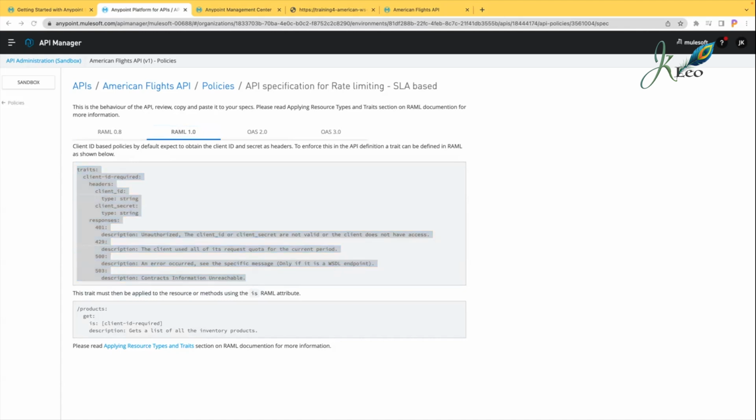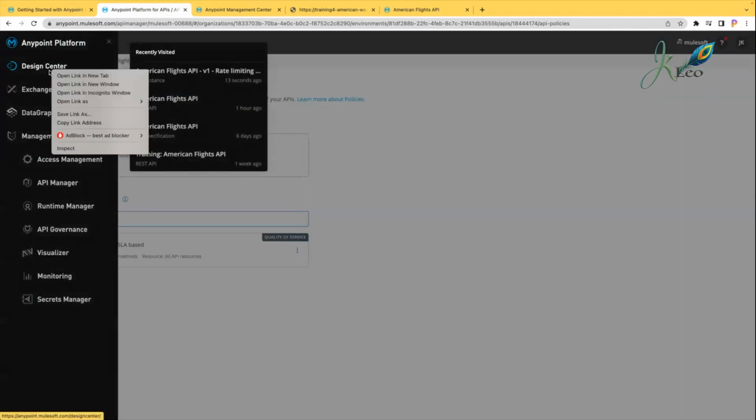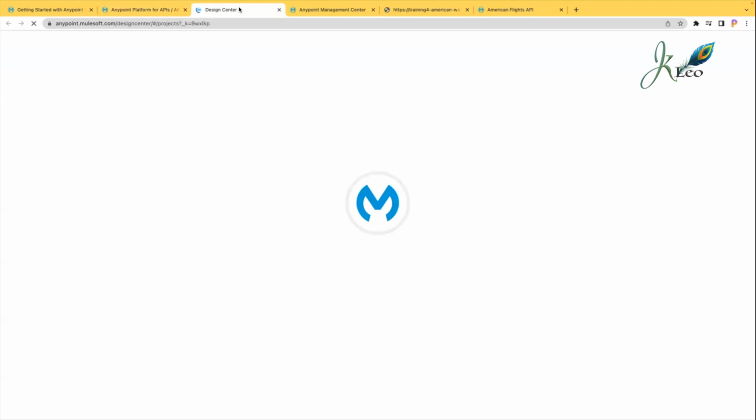Are you with me, guys? Both Kanil and Saiti? Yes. Yes, sir. Copy all this RAML 1.0 code, and then we are going to our API manager. In the policies, sorry, we'll go to the design center. So design center, open in new tab. In the design center,